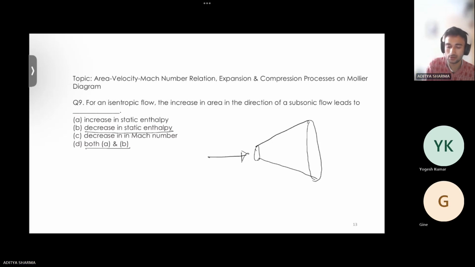All right, from this initial point to second point, the area has increased, and in the starting, this is subsonic. All right. So if the area velocity Mach number relation has to be used, this is going to be a